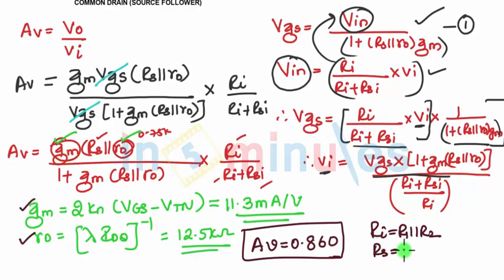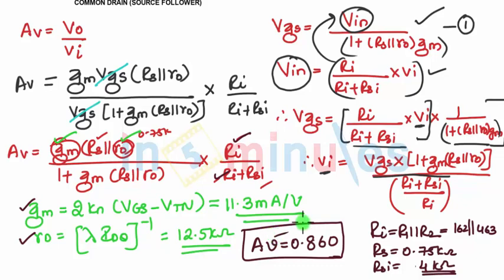RS is given as 0.75 kilo ohms. R1 and R2 are given as 162 kilo ohms in parallel with 463 kilo ohms, so that will give you the value of Ri. RSI is the source resistance, and they have told us to assume 4 kilo ohms. So when you substitute all the values, you will get the voltage gain as